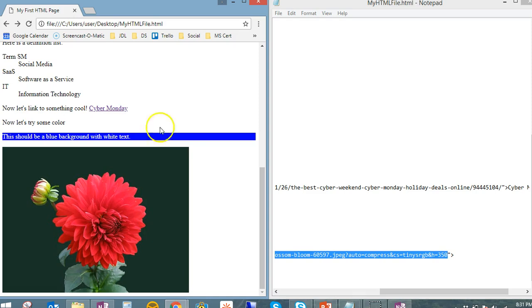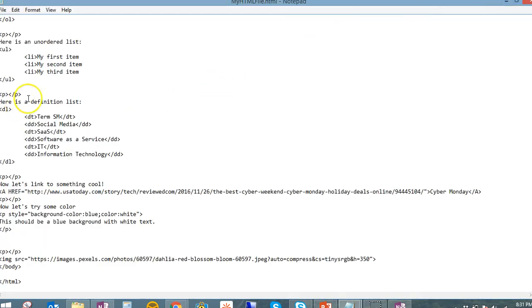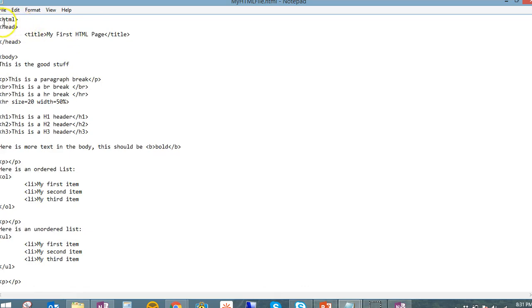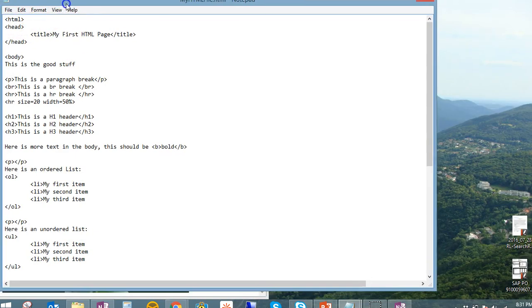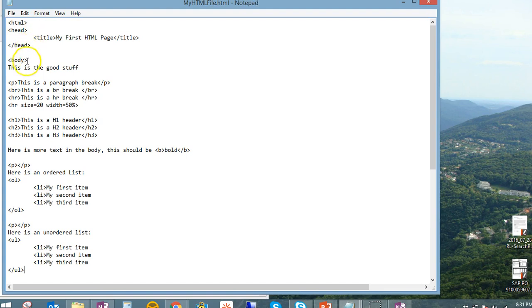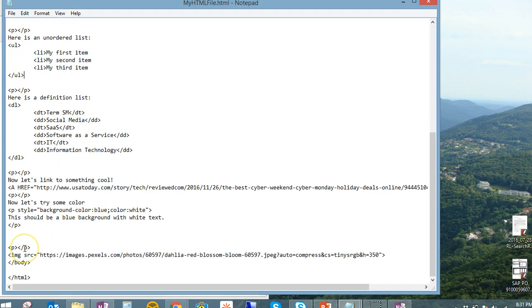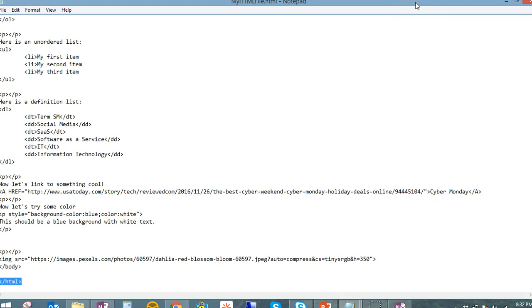I think that concludes. So if we look at this, this is our HTML file. So we started up here with our HTML, and we went down and we have our header, we had our body. The body goes all the way down through our image, and then the file has to be ended with the /HTML. So keep in mind that I created this file with Notepad. When I saved it with the .html extension, you can simply drag and drop that file onto your browser, and the browser will